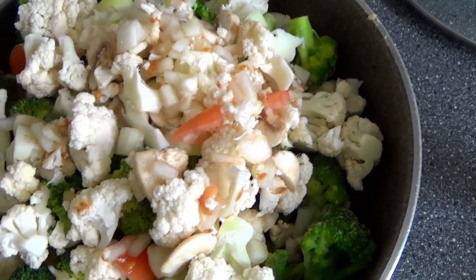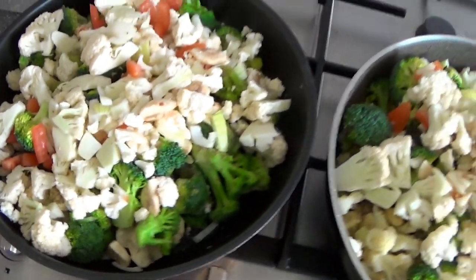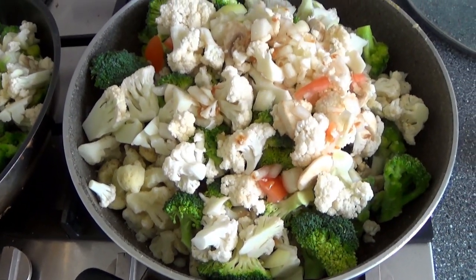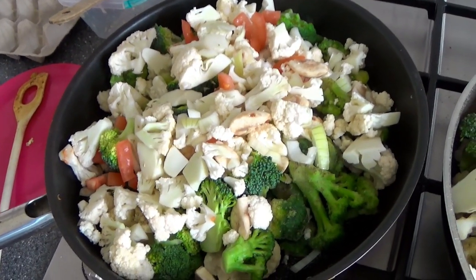And what I added here is some fresh broccoli, cauliflower, and some leftover tomato and mushrooms. Again, all vegetables of which I know that are digestive really efficiently. And I'm gonna add some herbs on this as well, some salt, some black pepper,